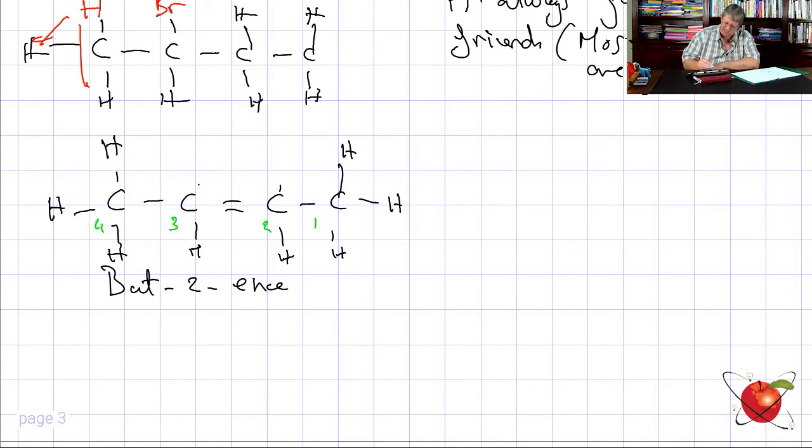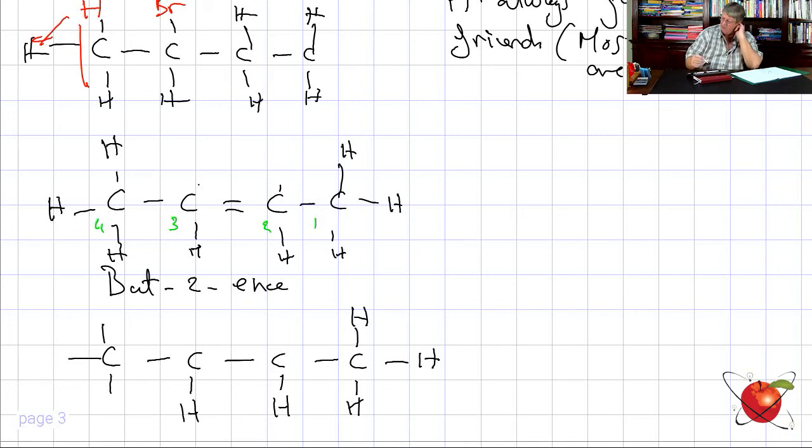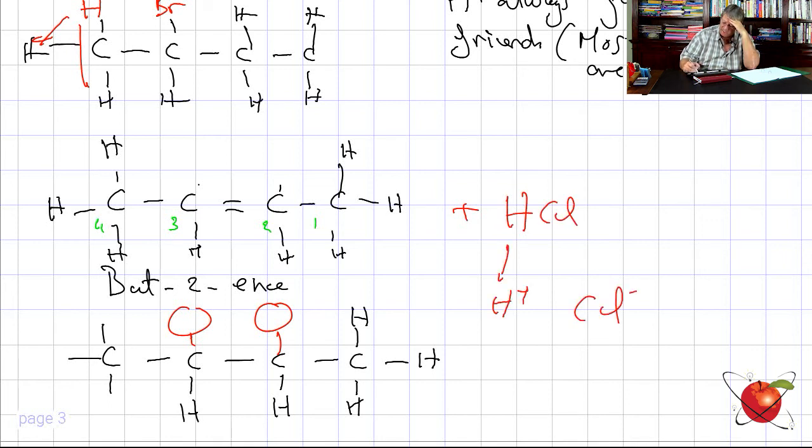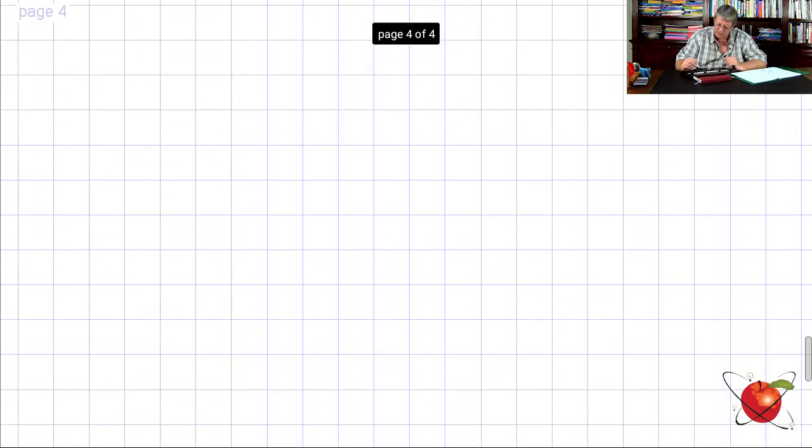Now, I'm going to open a bond there. So I've got my CC, CC, H, H, H, H there, H there, like that. Now I broke the bond here, so I've created two openings there, and I have added HCl, which splits into H plus and a Cl minus. Now we must pick. It doesn't matter, it's open and open. You choose which one you want, and you can put the H plus, in green, there, and the Cl minus, because there are equal numbers of hydrogens over there. So that is basically how we structure the process of